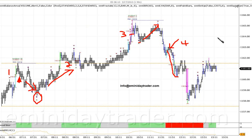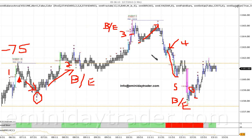And we were able to take out 1.5 points on the final partial, so obviously reaching our first 2 objectives very easily. We did have one final trade. We did have a 5th trade to get on the short side in this area. It did hit our first objective, actually moving 1 point in our favor, but also in this trade we ended up with a break even. So the 5th trade was a break even, as were the trades off of number 2 and number 3. They were also break-even trades, and so this trade was down 3 ticks, and this one was our best trade